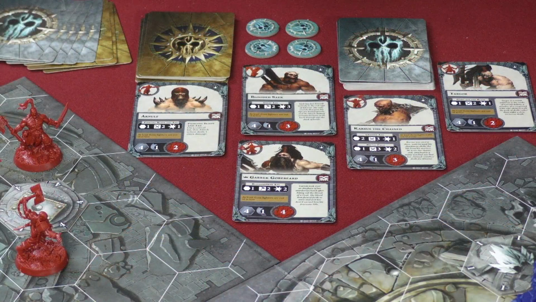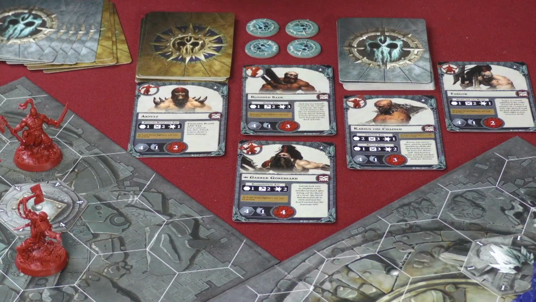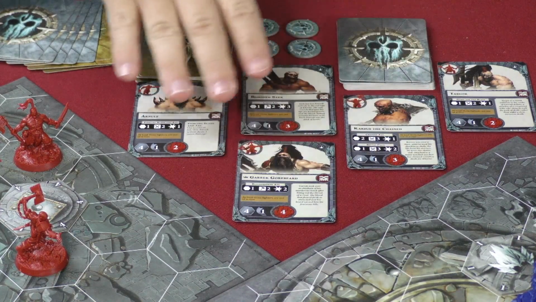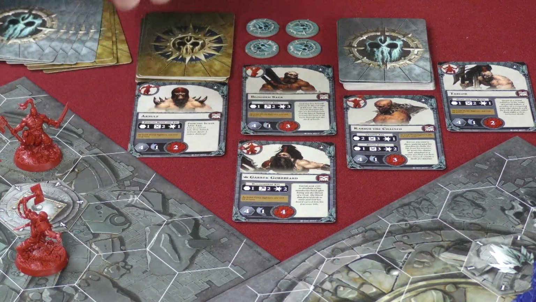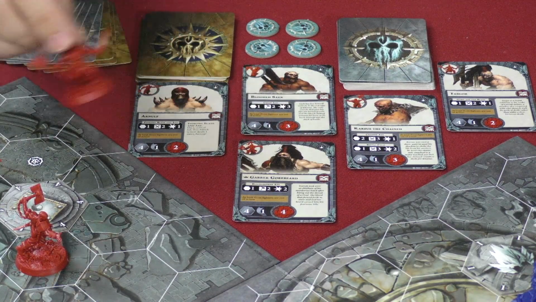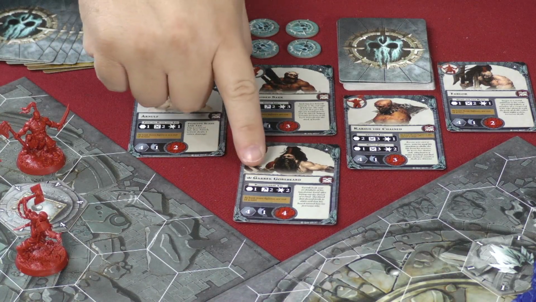Now, before we get into gameplay, I did want to just take a few moments and go over each of the different kinds of cards that you have here. First of all, these are the player cards that represent the stats that each of your models are going to have on the board. So first of all, if you look at Garrett Gorebeard here,